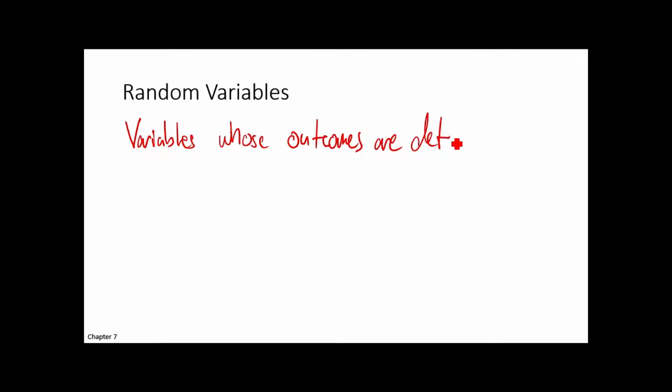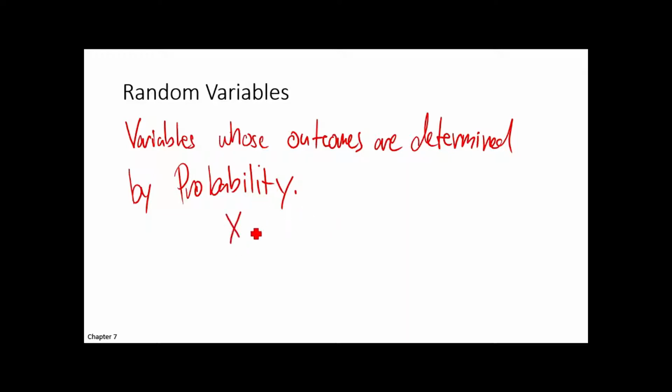Okay. So we're going to talk about random variables. Random variables are variables whose outcomes are determined by probability. So the idea is, you could call, say, a random variable x to be the number of heads in 10